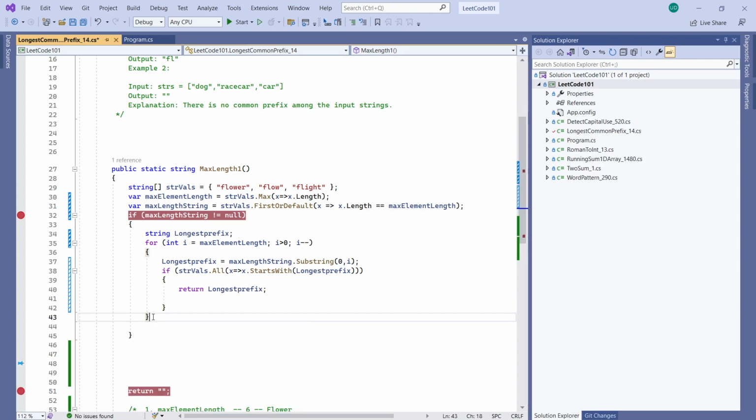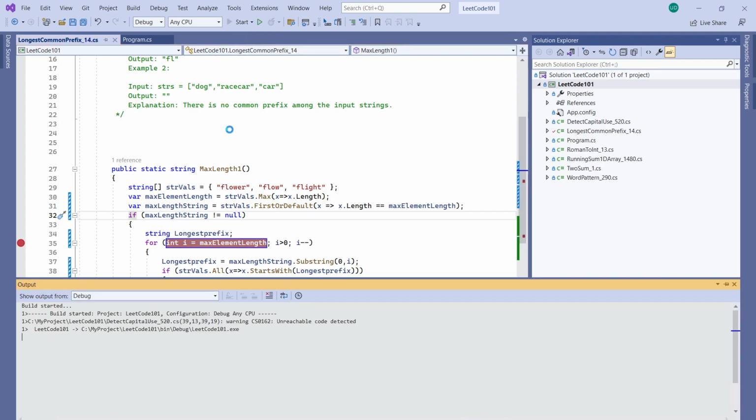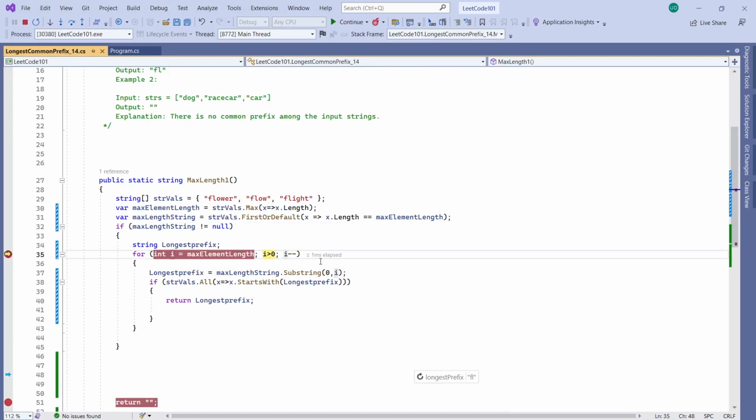Let's just debug and then figure out for now. Let's put a breakpoint right here. Okay, last time we were here. For the first time, i is 6. Just pin it over here. And our longest, I will pin this also over here. For the first time, the string vals has 3 items, and it will check whether all satisfy this condition. It should not for the first time. So the second time, 5, right? So our prefix would be